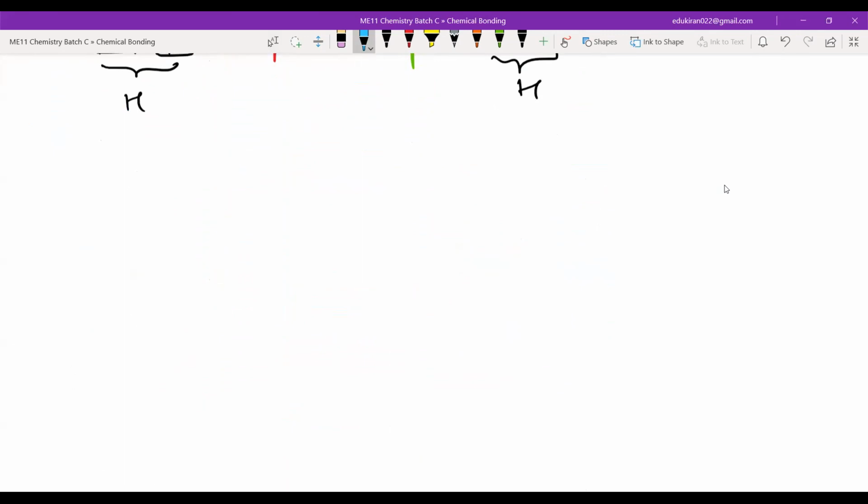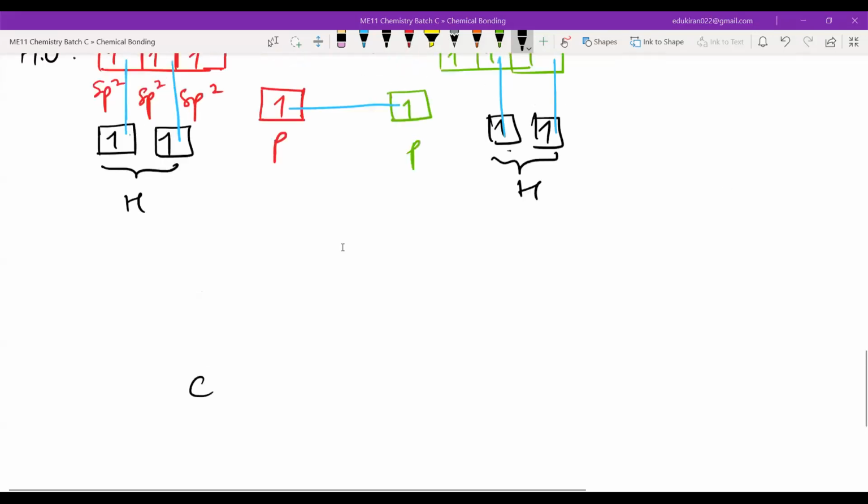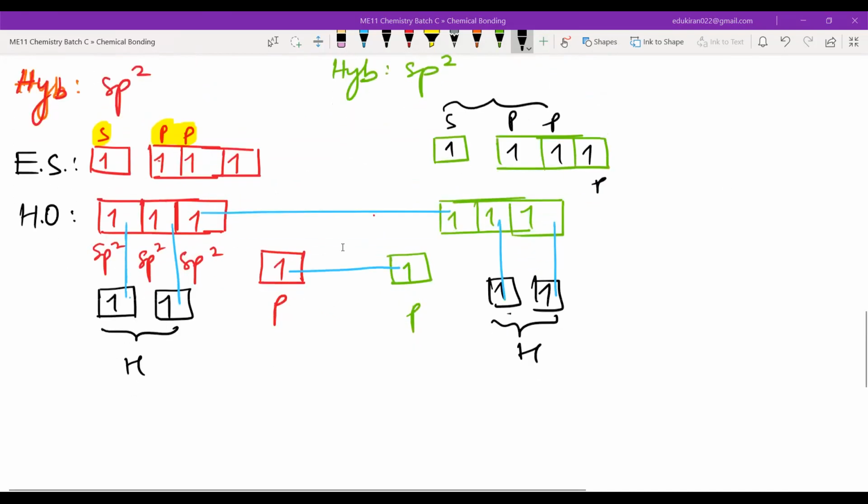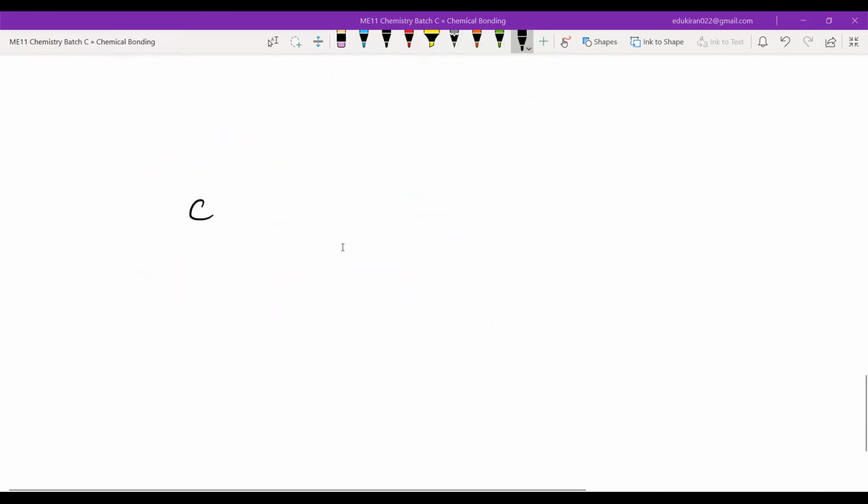Now, if it is sp3, what will be the shape? What will be the geometry? Please look at the sp3 hybridization and tell me what the geometry is, what the angle is. What is the geometry for the hybrid orbitals, guys? Tetrahedral. What will it be for sp2? Look at steric number 3. Trigonal planar. Okay, so first of all we'll put the hybrid orbitals like this.